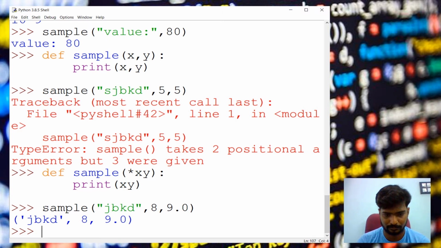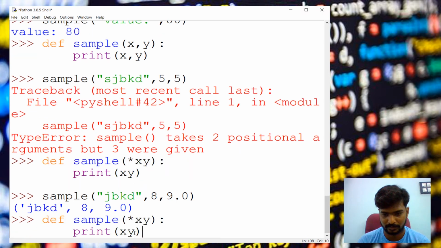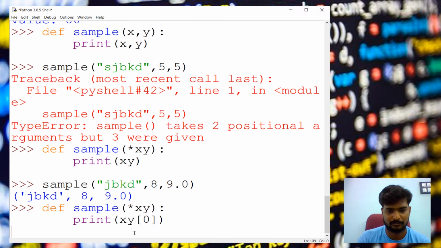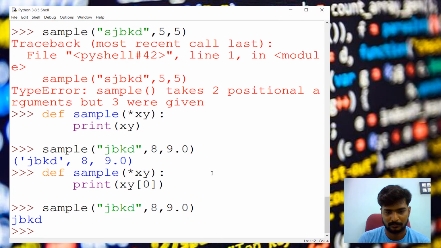So we redefine the function. You can see now I just want to get only the first parameter. Okay, so if I pass the same, I will get only the first parameter.